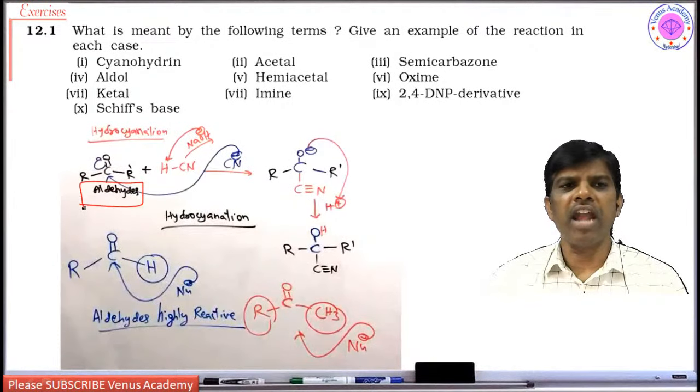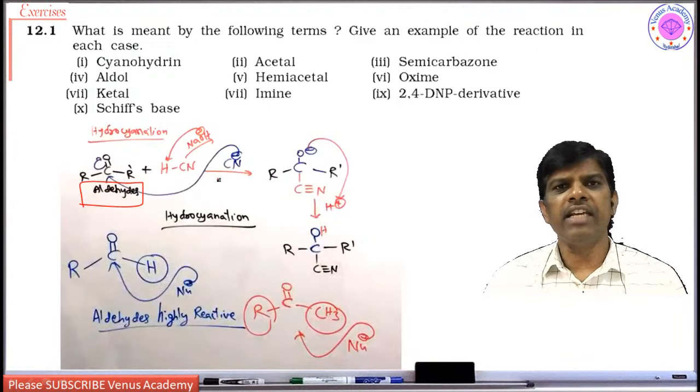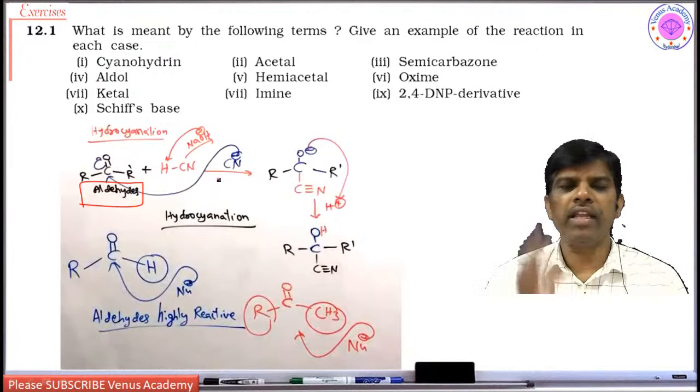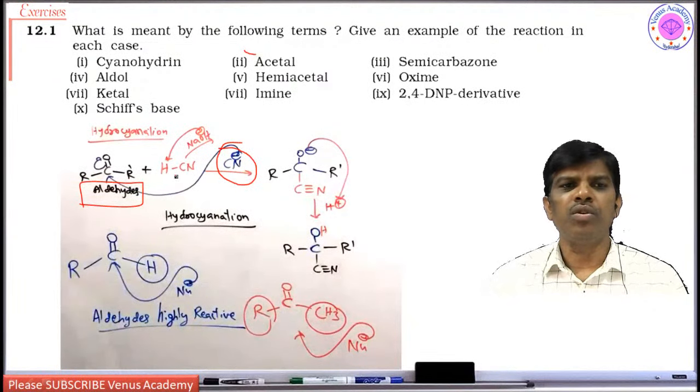So aldehydes upon addition reaction, as I said, aldehydes and ketones always undergo nucleophilic addition reaction, whereas alkenes undergo electrophilic addition reaction. In this case, aldehyde is going to be added to the cyanide nucleophile. This hydrogen cyanide, where cyanide nucleophile is a weak nucleophile, so to activate it or make it a strong nucleophile, add sodium hydroxide. This sodium hydroxide makes hydrogen cyanide a strong nucleophile, where this nucleophile adds to carbonyl carbon and the obtained oxonium ion, oxide ion is going to take up proton to give